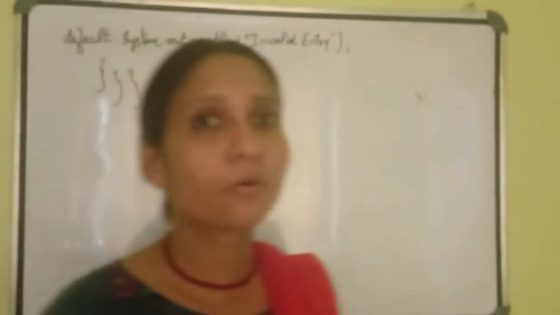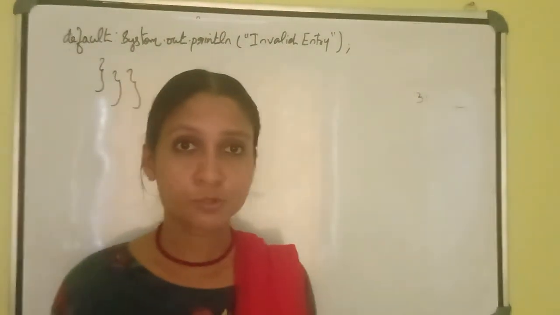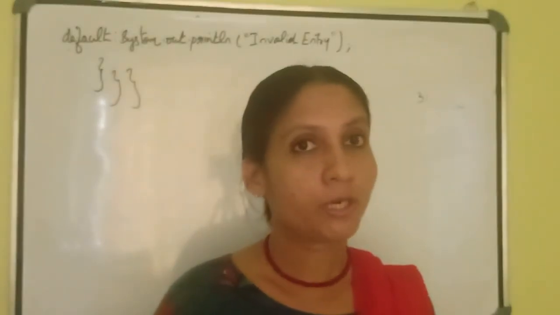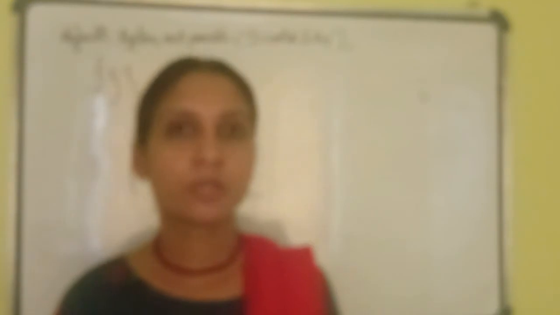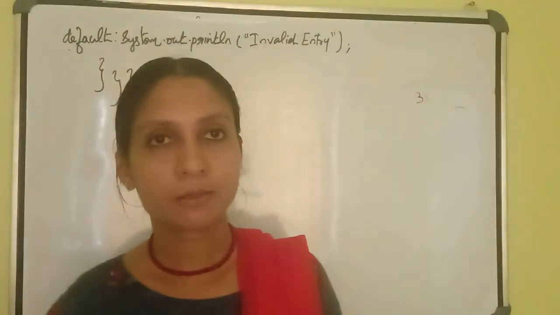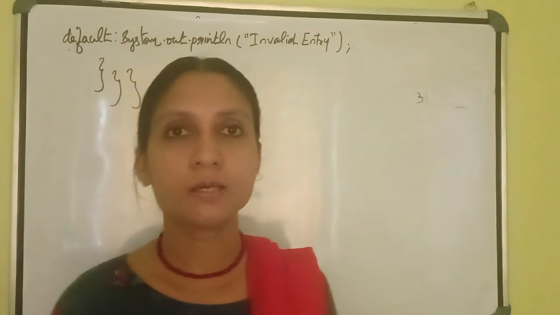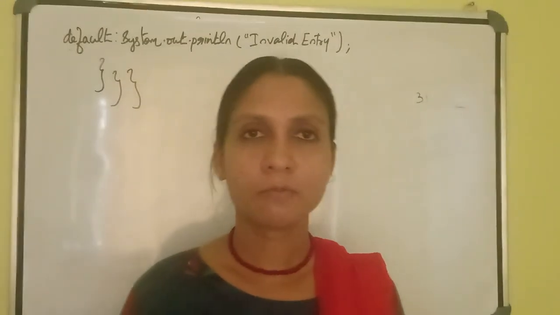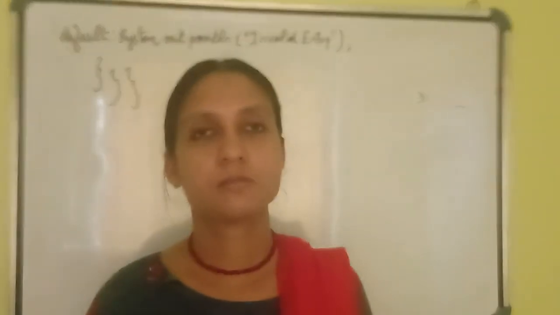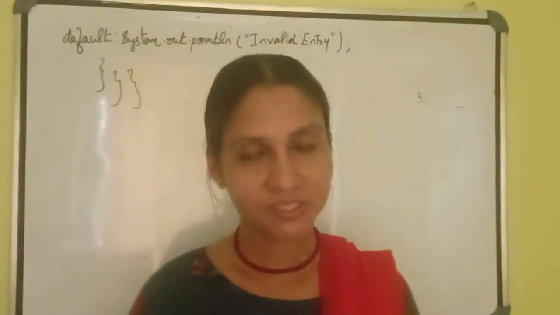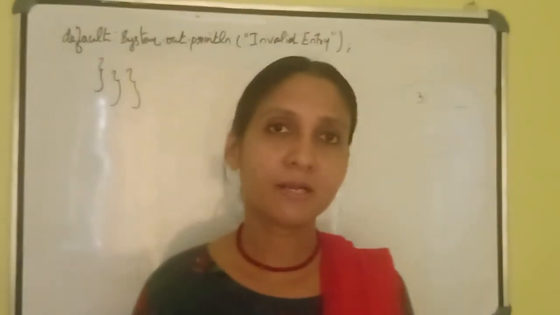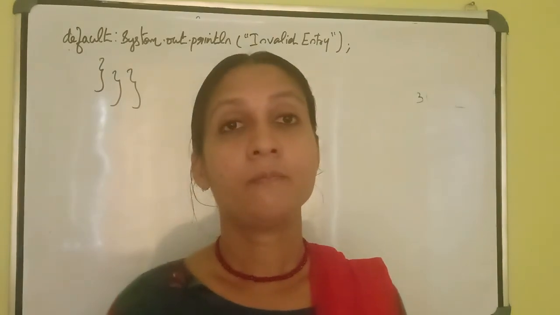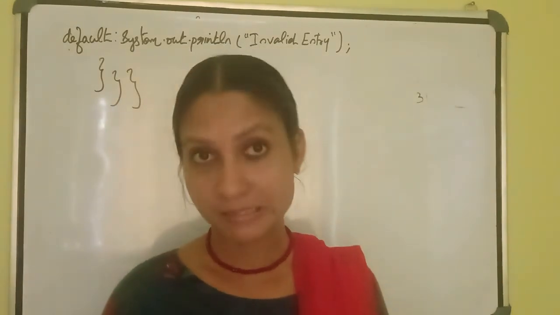This is a very simple program. Easily we can solve menu driven programs like this. What are the variables we used here? Do you remember? op to enter the option number, i and j for the row number and column number, k and p to print the spaces of that pattern, and n to enter the number of rows, m also to enter the number of rows. Okay, these are the variables we used here. I think you all understood this, very simple. If you do a menu driven program like this, you can easily do it in the public exam also.